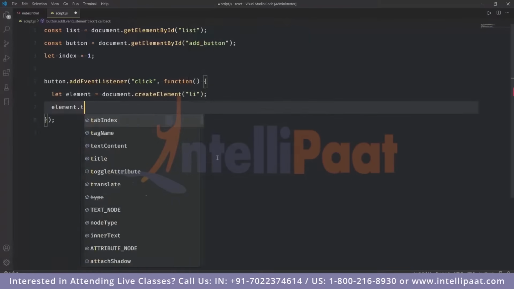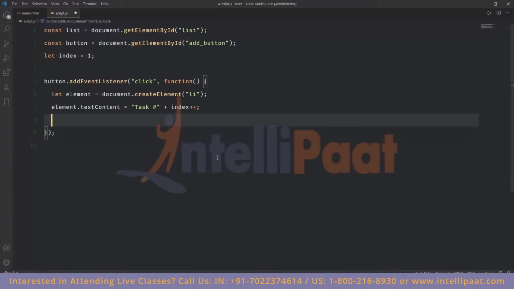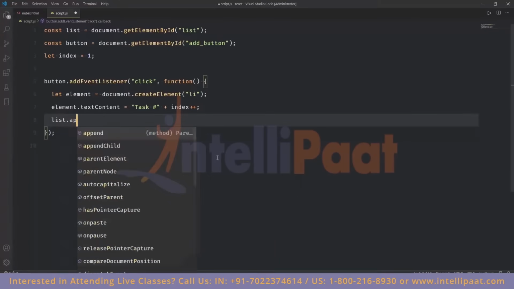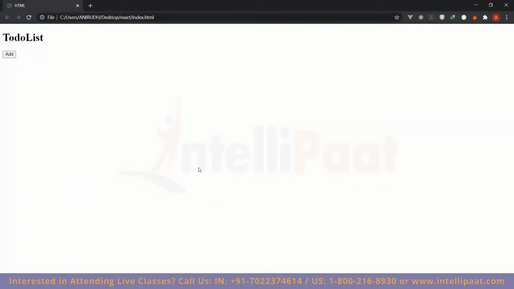Now element.textContent is going to be "task #" plus index plus plus. So it will be task 1, task 2, task 3, and so on and so forth. And now all I have to do is append it as a child element to my list. So I save it, go back, refresh, click on add, and as you can see, I'm able to manipulate